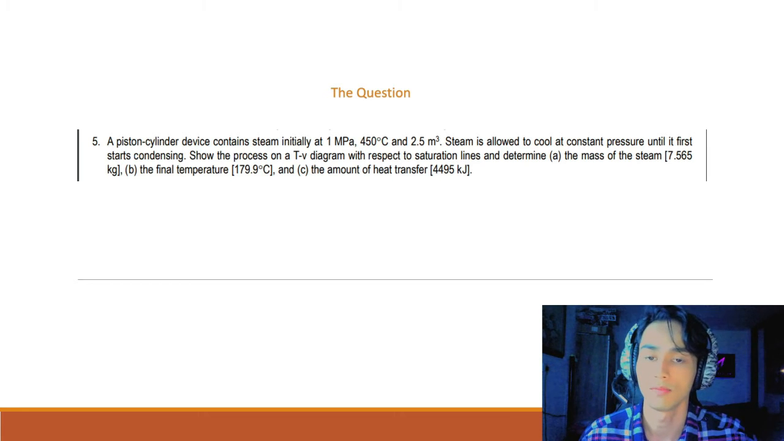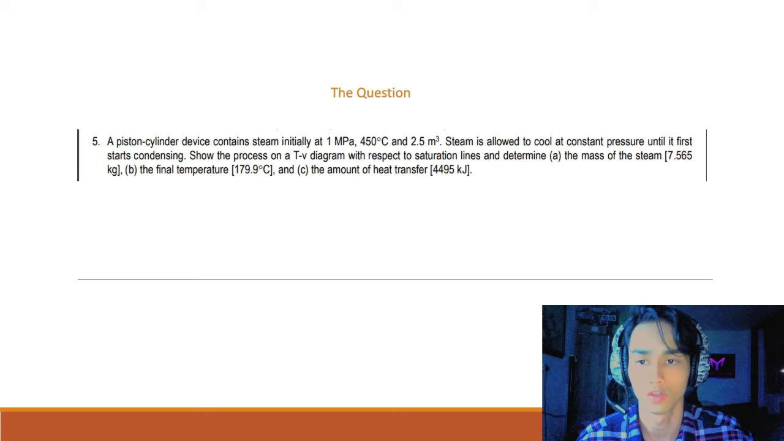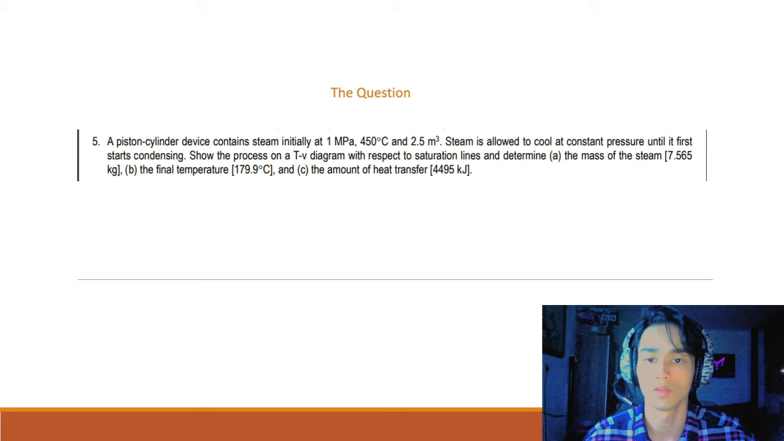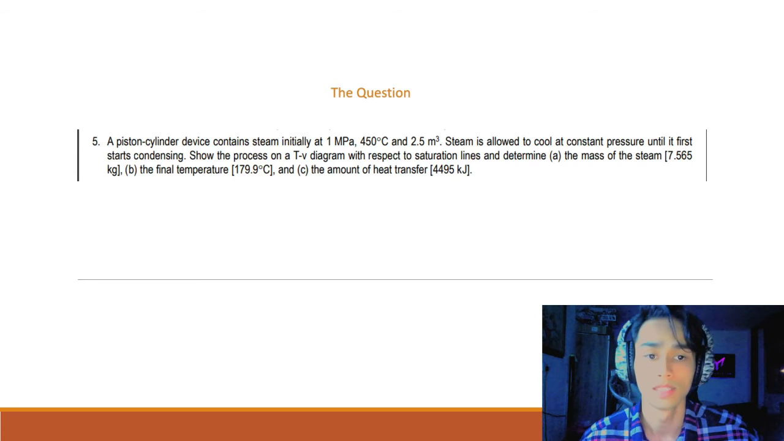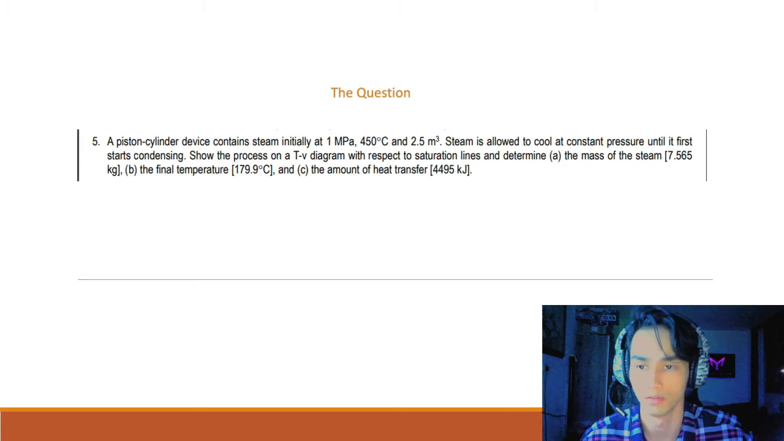Okay, without wasting any time, I would like to jump into the question. I've been given question 3.2, question number 5. It sounds like this. A piston cylinder device contains steam initially at 1 MPa, 450 Celsius and 2.5 meter cubed. Steam is allowed to cool at constant pressure until it first starts condensing. Show the process on a T-v diagram with respect to saturation lines and determine A. The mass of the steam, which is the answer is 7.565 kilogram,